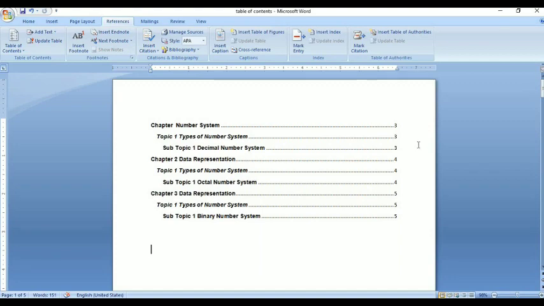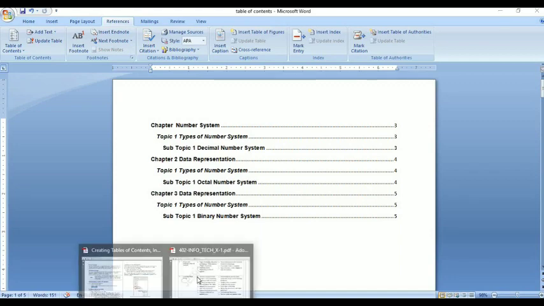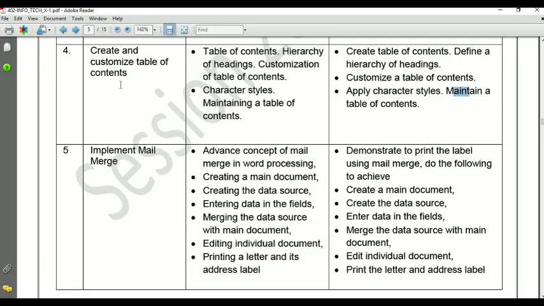Okay, I hope this video is clear to you. All the topics I have covered are related to session number 4. Create a table of content means how we will create a table of content and define the hierarchy of headings. You see the 3 types of hierarchy: first chapter name, then main topic, then subtopic like this.